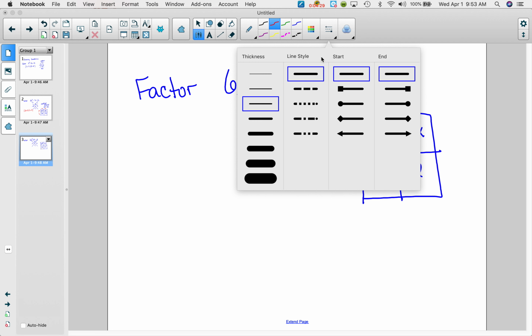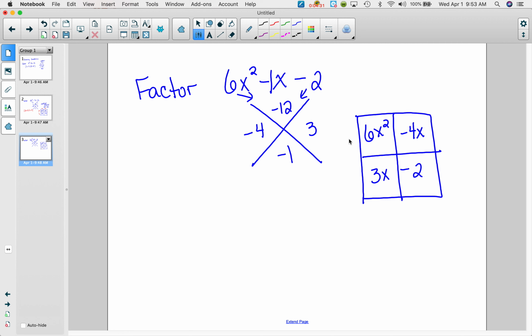Then I'm going to factor out of each row. So I can take a 2 and an x out of this, because there's a common factor of 2 with the 6 and the 4, and a common factor of x, which means this has to be 3x in order to get 6x squared when I multiply. This would have to be a minus 2 in order to get negative 4x when I multiply. This would have to be a plus 1 in order for that to work, and then I check the last box to make sure it works. So I get 2x plus 1